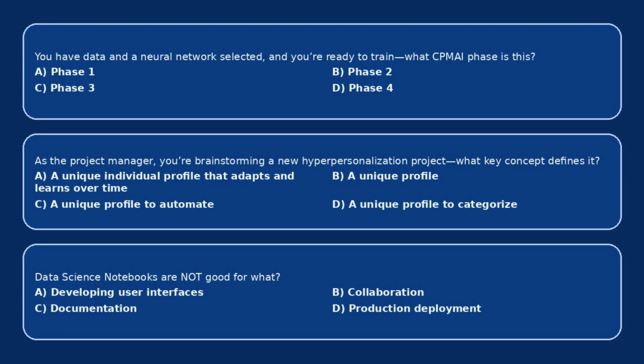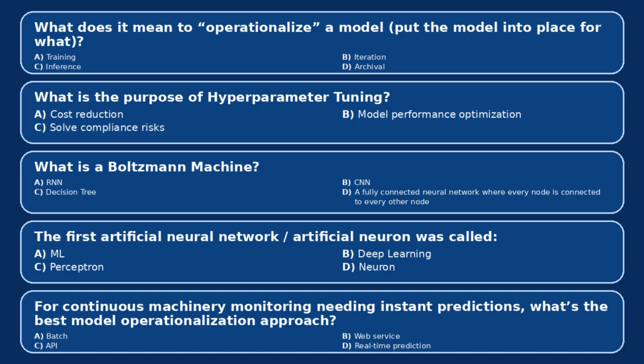Next question. What does it mean to operationalize a model? Putting the model into place for what? What is the purpose of putting a model in place? Is it for training or for iteration or for inference or for archive? The right answer is option C, which is inference. Operationalizing means deploying or integrating the model so it can run in the real world and produce predictions, which is